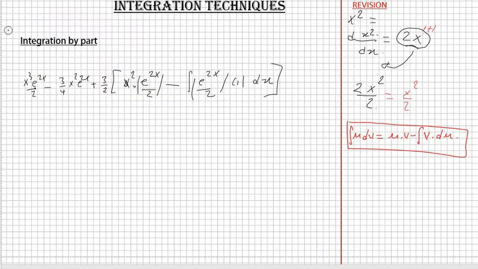So what are we gonna get next? So we have x. We first repeat everything that is not in the bracket. So we have x to the power of 3 e to the power of 2x over 2, minus 3 over 4 x to the power of 2 e to the power of 2x. And then here you need to apply the multiplication. So we're gonna have 3 over 4 x to the power of 2 e to the power of 2x minus the integral of